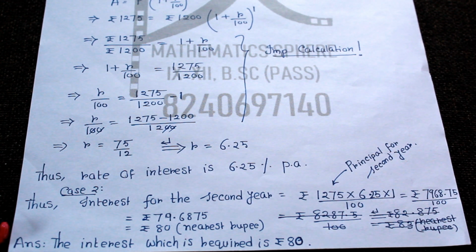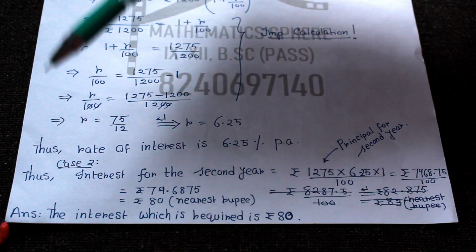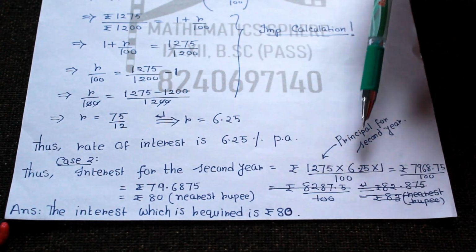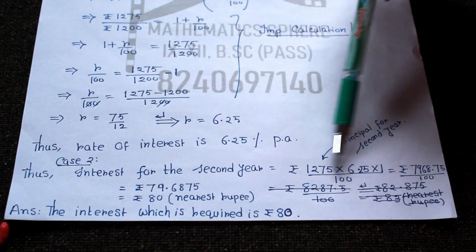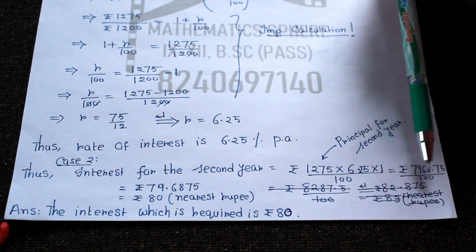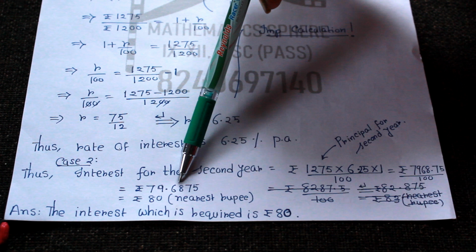So if you get the rate, you are given with the amount after first year. So we have learnt in last chapter that the amount after the first year becomes the principal for the second year. We know that. So you just put in that formula. So thus interest for the second year equal to what will happen? This principal for the second year which was given, into rate into 1, because for 1 year we are taking by 100. So if you do the calculation here, you are going to get it as 79.6875.